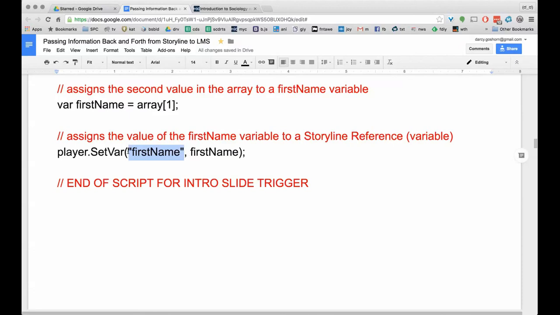So I want to set that reference equal to the value of the JavaScript variable. That's why they're identical. This one without quotes is the JavaScript variable that I defined up here, and this one within quotes is the name of the Storyline reference. So you could technically have